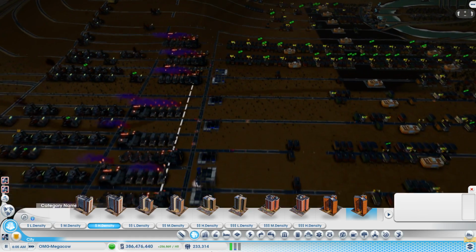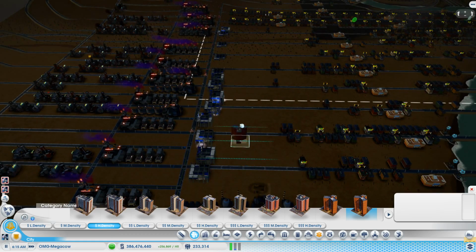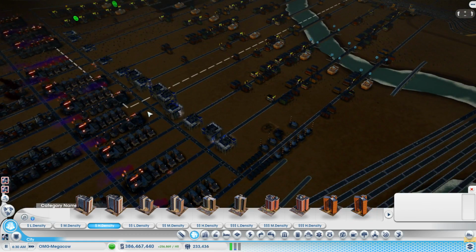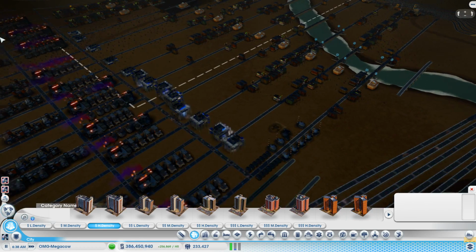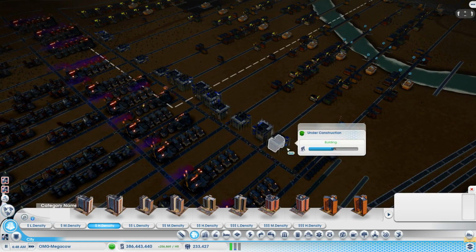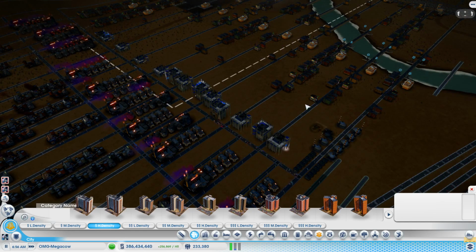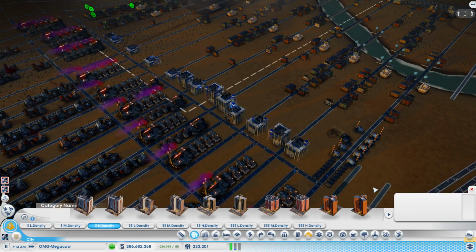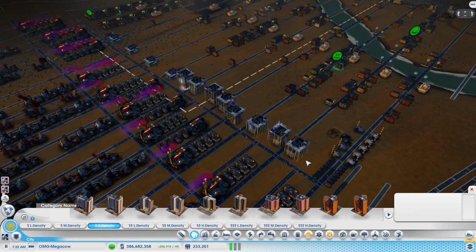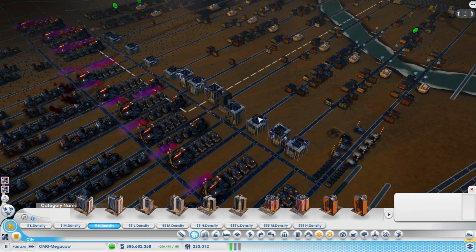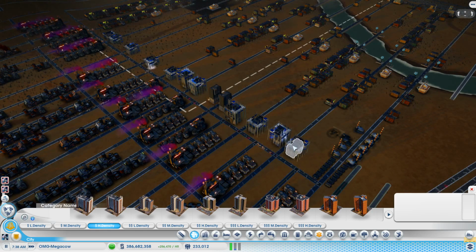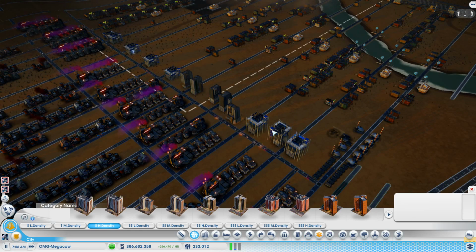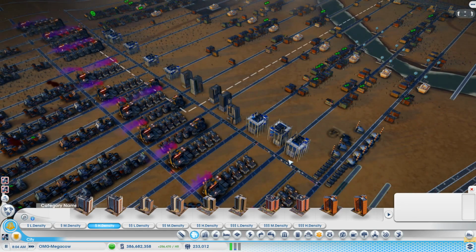Right, let's get one more in. There we go. The thing with RCI plop, it's now so quick to place high density. Before, you would have had to zone this and then wait for it to go through low density, medium density, high density. It would take ages. But now you can just slap them in. It's like, boom, slap them in, they grow, done. And it's a really quick way to repopulate. I mean, each one of these adds like 600 residents. I think it's like 150 students or something.